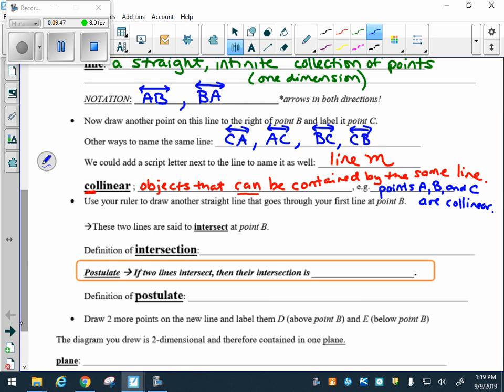Where do you hear the word intersection out in the real world? Melanie? Yeah, 2 roads, like a 4-way stop, or a stoplight is usually at an intersection, right? Where the two roads come together, right? So by definition, though, in geometry,